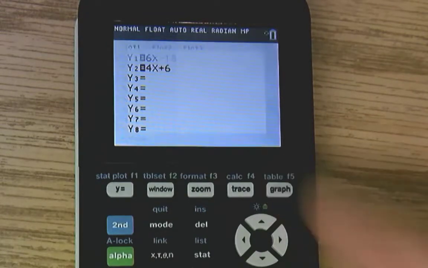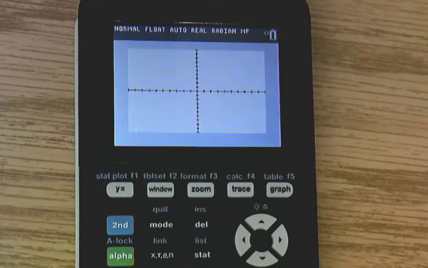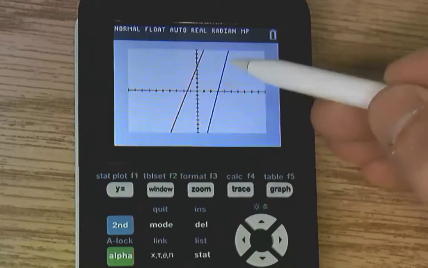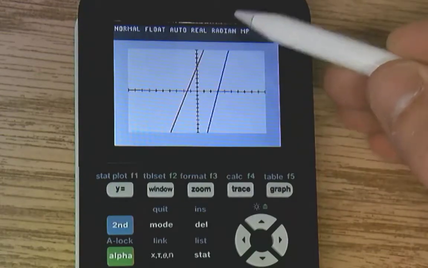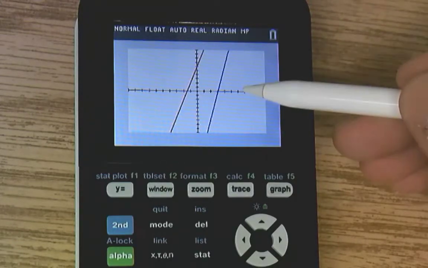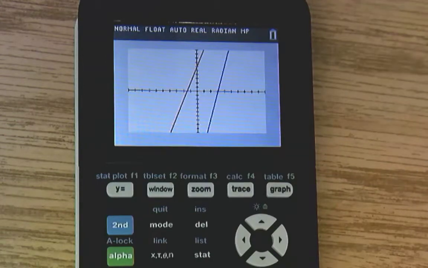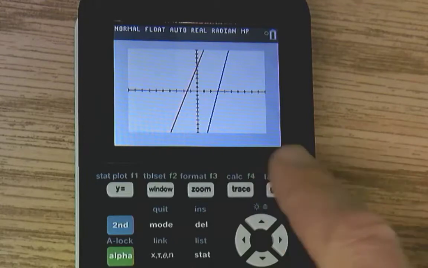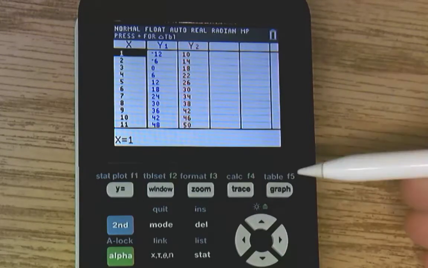If I hit graph, now for this one, they shouldn't meet on the screen if I remember correctly. So you can't really just use the graph for that. But if you would think in your brain, you kind of continue up the blue line, continue up the red line, where about are they going to meet? It's going to be off the screen somewhere up here. But it's at least going to be at an x value that's bigger than 5, probably more like 10, 15, something like that. So now if I go second graph to get that table function selected,